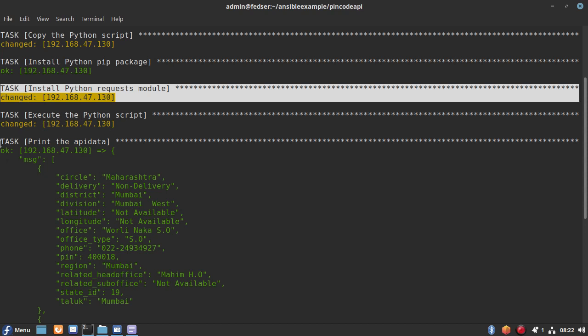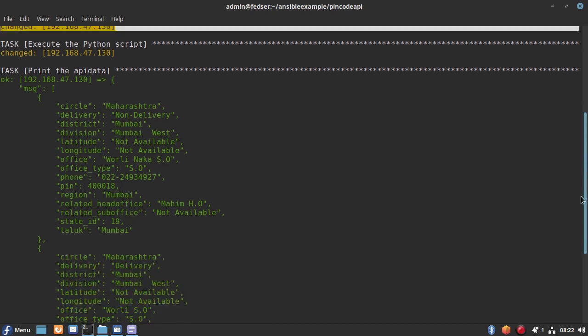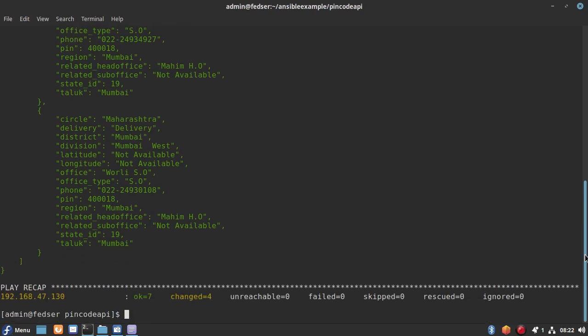And as you can see, the data which has been printed shows the pin code details. So basically it is the Mumbai pin code detail which I have kept. So it has fetched the pin code details about that particular number.